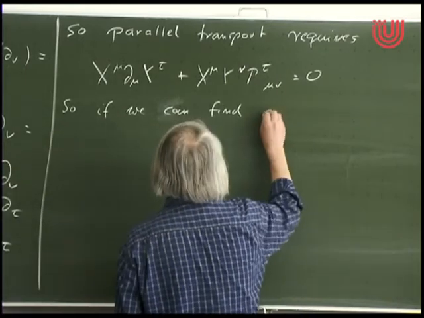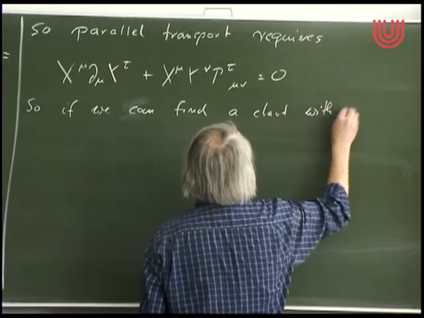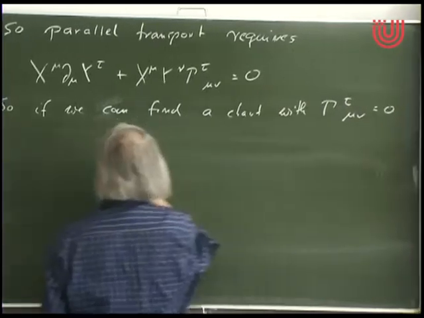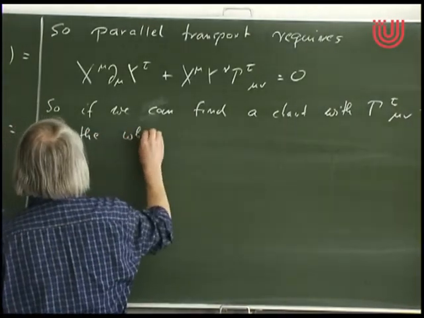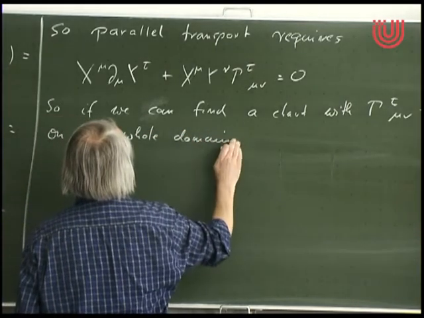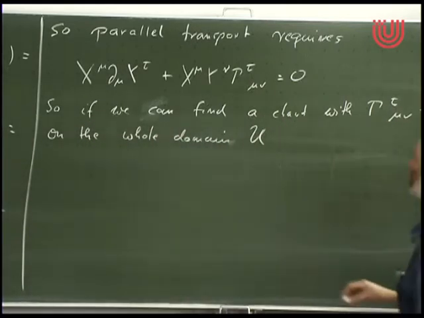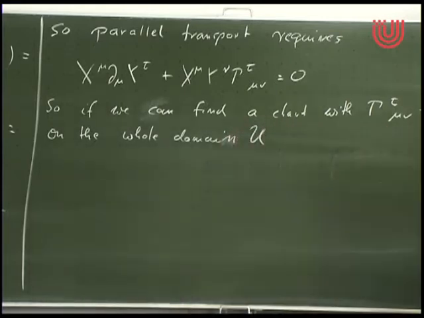So if we can find a chart with Γ^τ_μν equals 0 on the whole domain, I denoted that always U. That's the domain where a chart is defined. That's supposed to be an N. If we can find a chart,